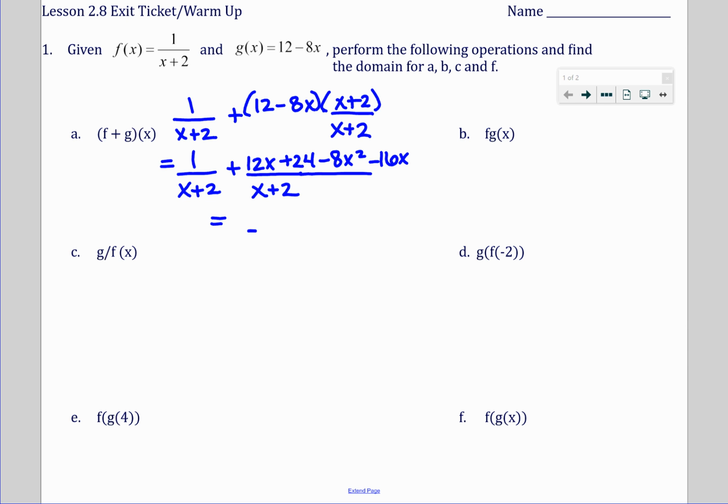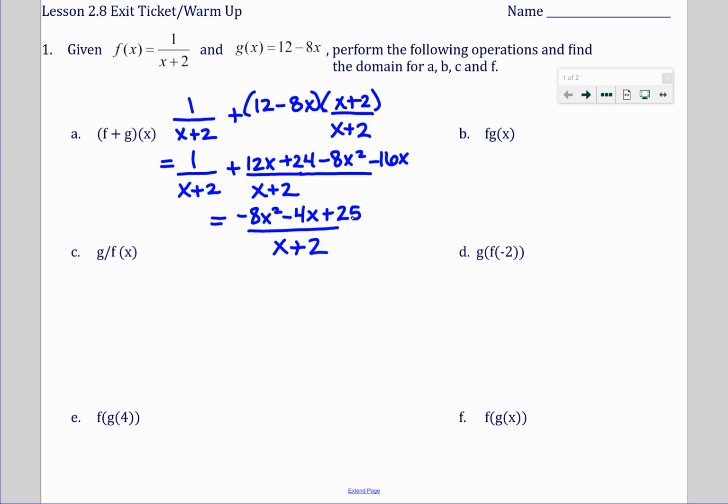Final answer, when I add them together, there's still going to be that x plus 2 in the denominator, and then we're just going to add all of our like terms on top, which will be a negative 8x squared, a negative 4x, and then a positive